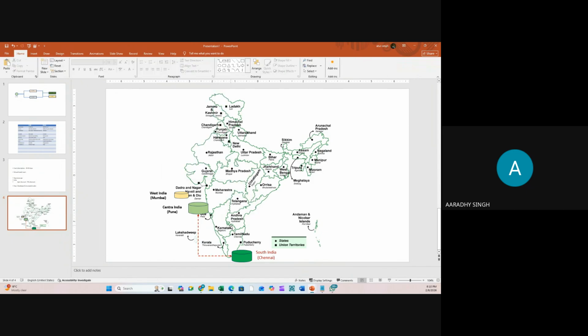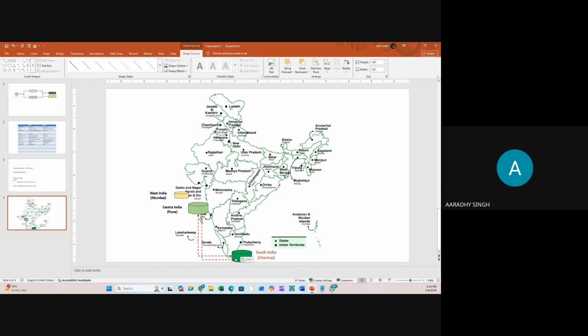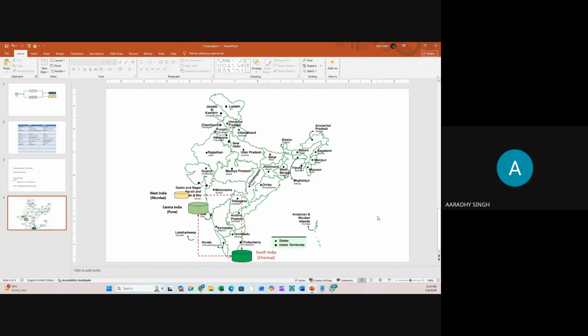Okay. So guys, this is Pune. Any data that you're going to maintain in Mumbai, Mumbai will be your DC. Your data center will be available in this region. So your DC, meaning data center, will be Mumbai, but its backup copy will be maintained in South India. The distance between Mumbai and South India is close to 2000 kilometers.